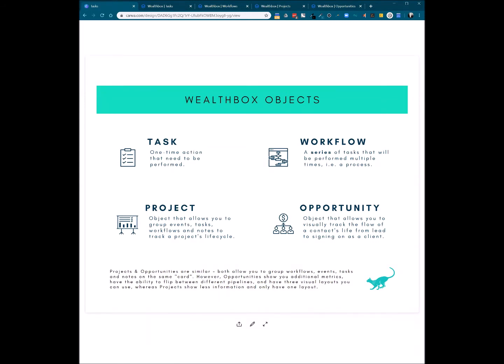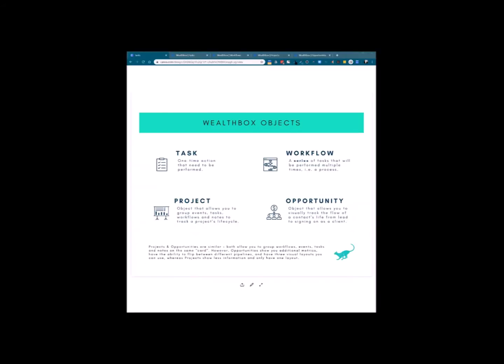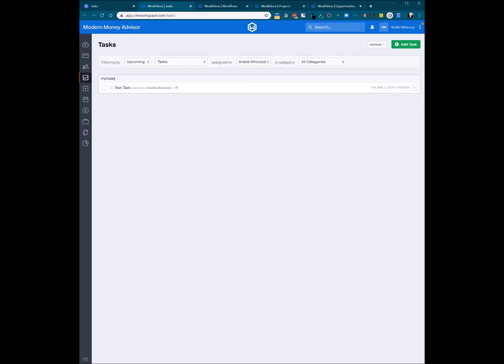A task is just what it sounds like. It's a one-time action that needs to be performed, and this is best for one-off situations. For example, if I need to get a document signed, that might be a task because it's a single event and a single action. In order to add a task in Wealthbox, you can go over to the Tasks tab